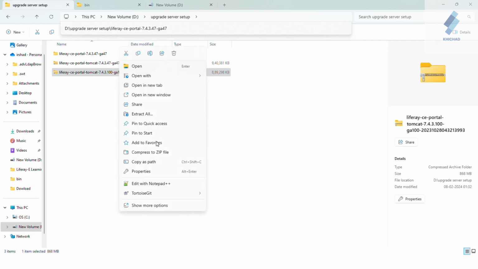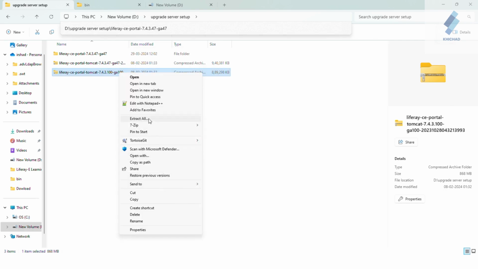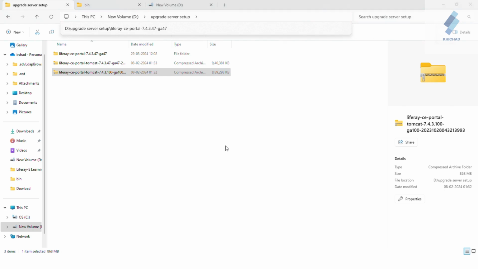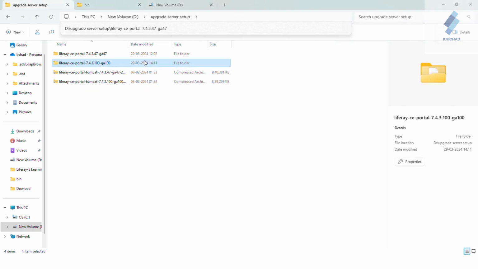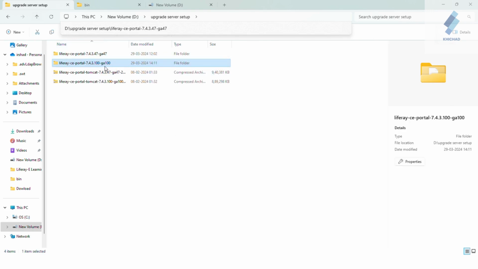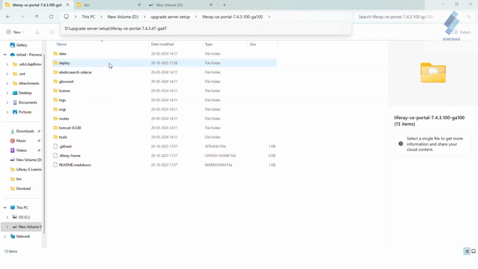Right-click and go to unzip your Liferay server. I'm just extracting the file here. After extracting the file, you need to go again to the new server, GA100.